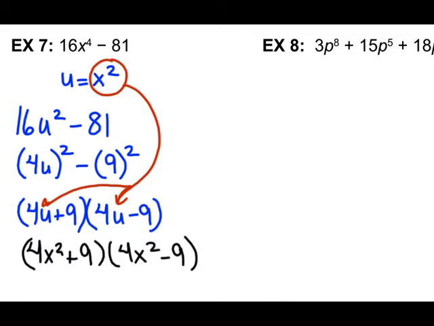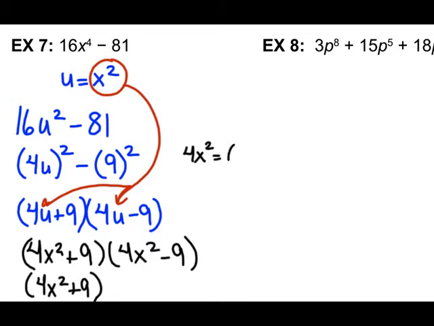But I can only factor x squareds if it is a minus sign, and I do see that. So we don't do anything to the 4x squared plus 9. But just like the last problem, like we did up above, we're going to have to factor the 4x squared minus 9. Well, 4x squared minus 9. Let me think about this. 4x squared